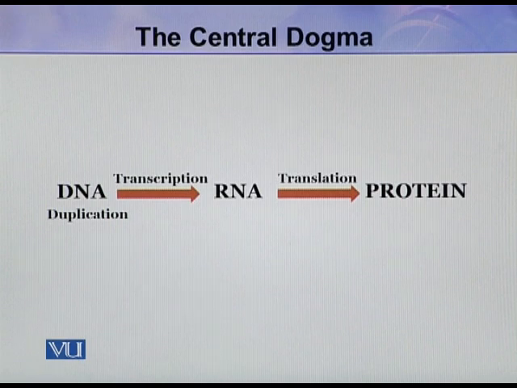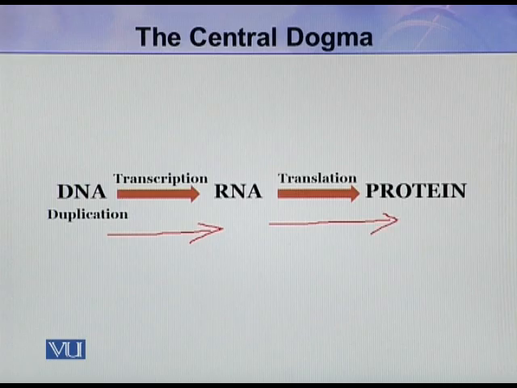Here you can see this is DNA, and the information flows from DNA to RNA during the process of transcription, and then from RNA to proteins during the process of translation. This is during the growth of cells. However, for replication or cell division, the DNA must be copied, and the direction is like this,